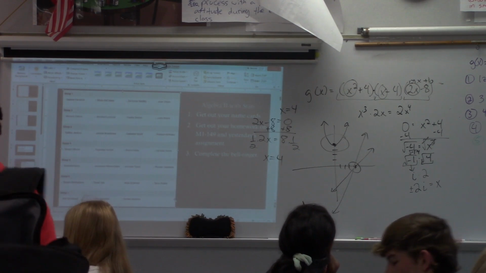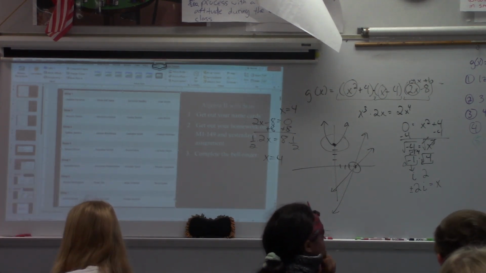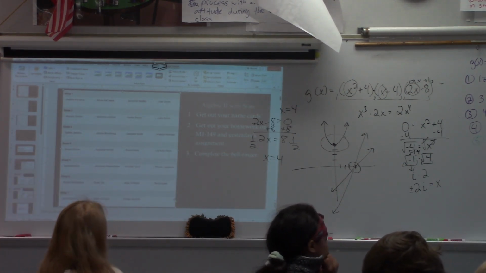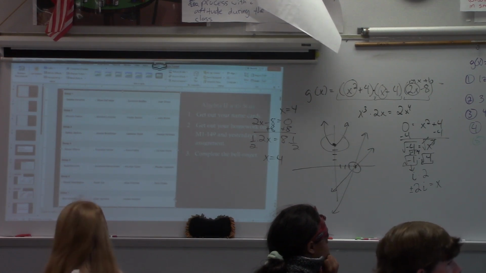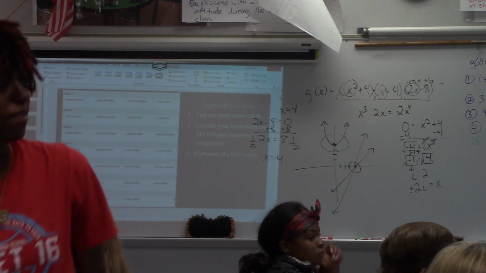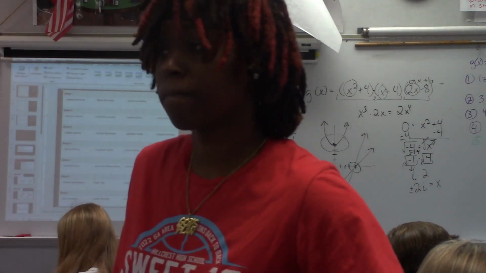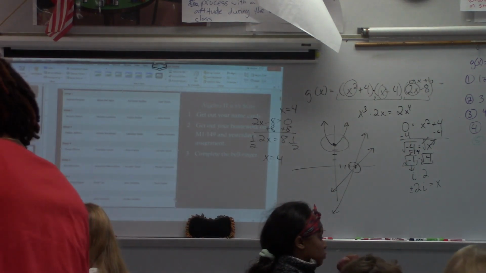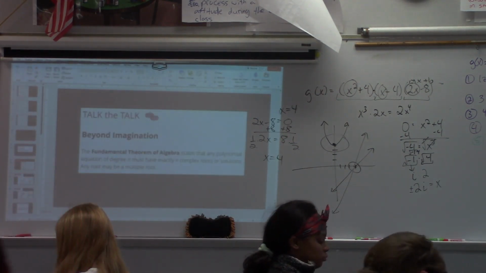Alright, let's see. I can't see it. We have several missing students. Why don't we do this? Jalen and Hayden, find one of the groups that has a missing student. Jump in there just so we can have fewer groups and it's easier to work with everybody. Okay? Alright, so